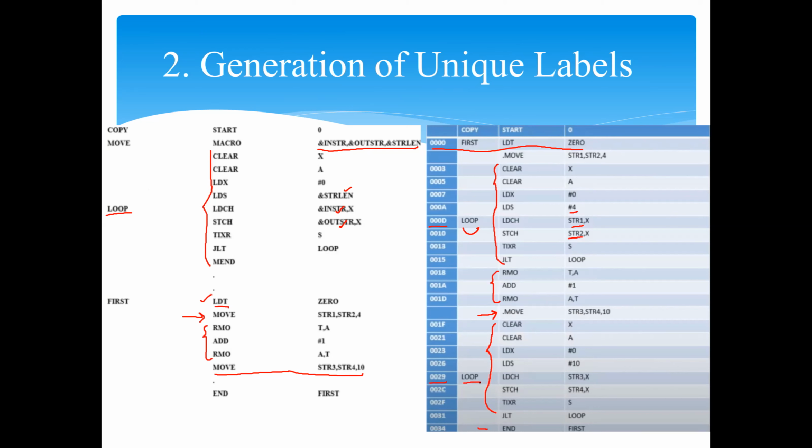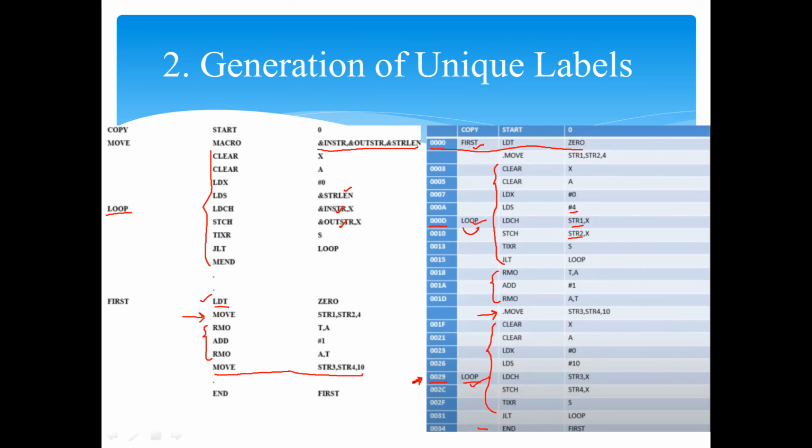But the problem arises when the assembler comes into the role. You remember, the assembler will first try to convert this assembly language. When it tries to convert the assembly language, one of the initial steps is to create a symbol table. In the symbol table, you have the labels first, right? First will be added with the address 0. Then loop will be added with the address 000D. Then again, you have the same variable loop, which points to another address, 0029. So this is a duplicate label.